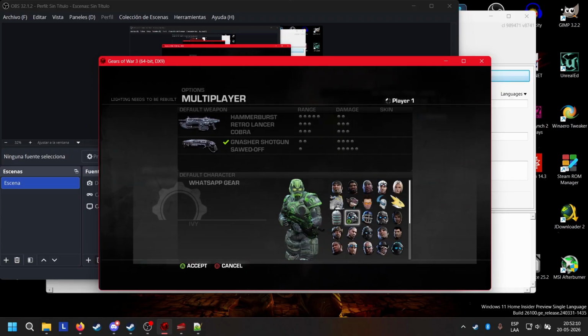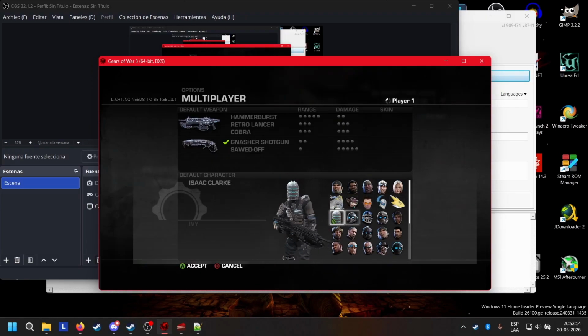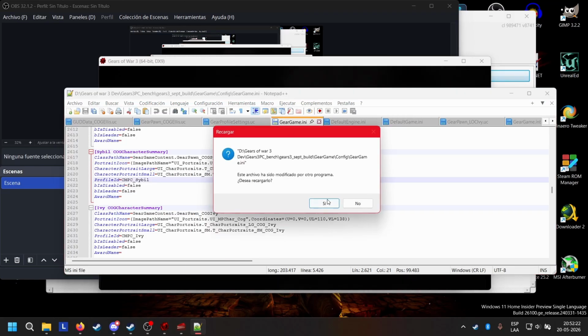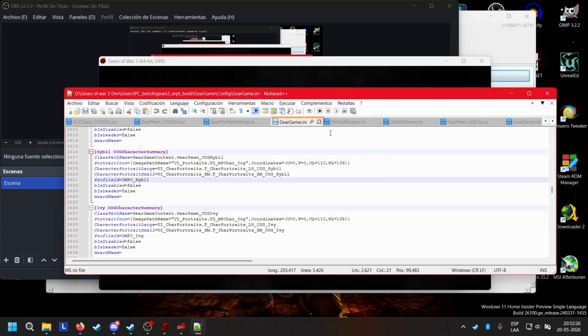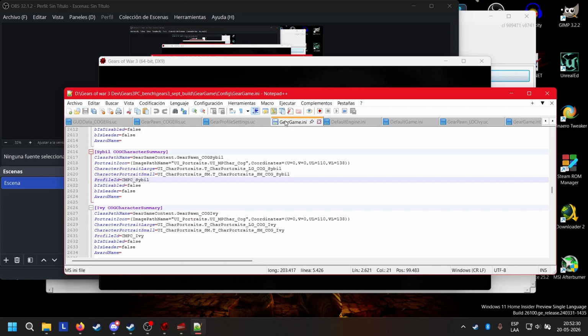So basically what the game does to get your character to show up in here is read an INI file right here, which is the default game and gear game INI. Actually, I think it reads the default because it just told me that it got modified. So yeah,